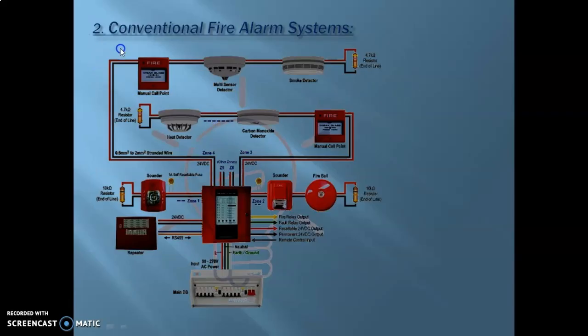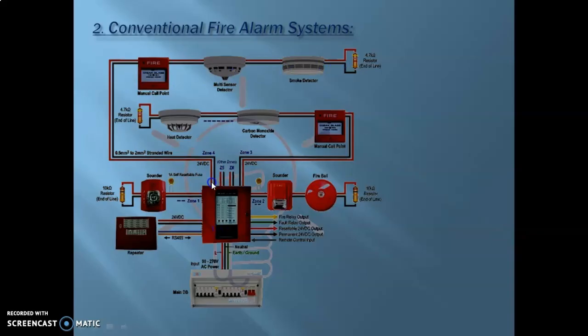See, this is how you can connect. This is what I was talking about previously. You can see that this is the conventional fire alarm control panel, and you can see that this is one notification circuit, this is the other notification circuit. You can see the end of line resistors connected both over here, as well as for the different zone circuits